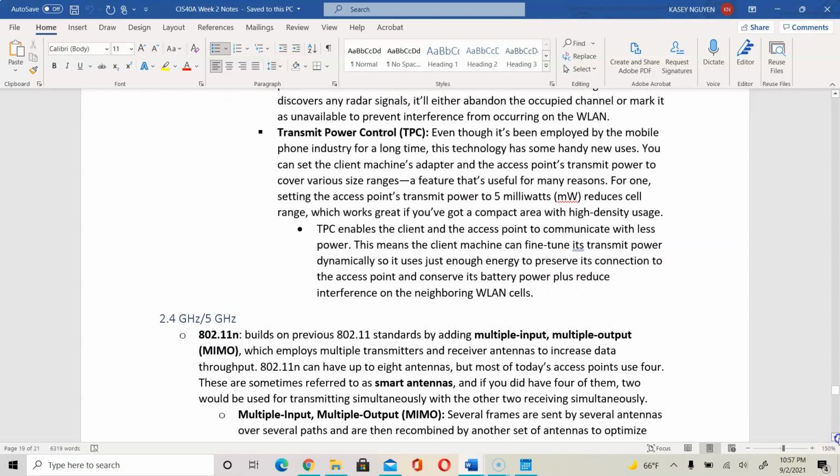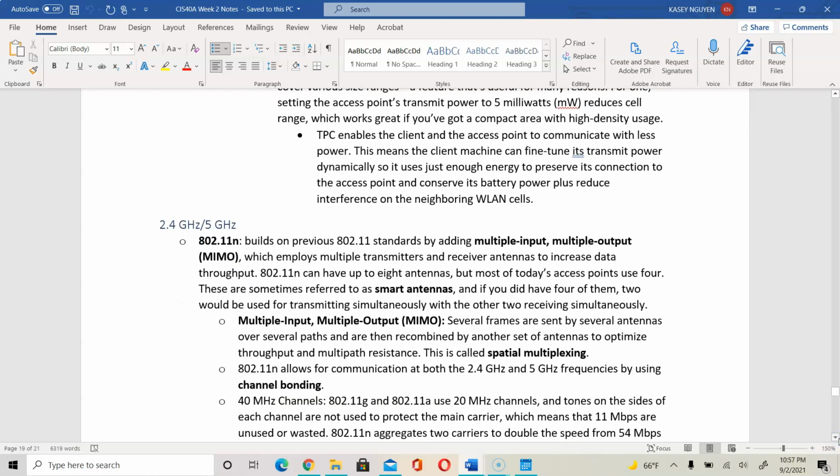On the dual band, we would see that at the end of the era for 802.11n, and this in 802.11n is where multiple antennas were being implemented or used in the router, which is known as multiple input and output, which is MIMO, and sometimes referred to as smart antenna. So multiple input and multiple output allows several frames to be sent to several antenna at the same time. So that way it would optimize the